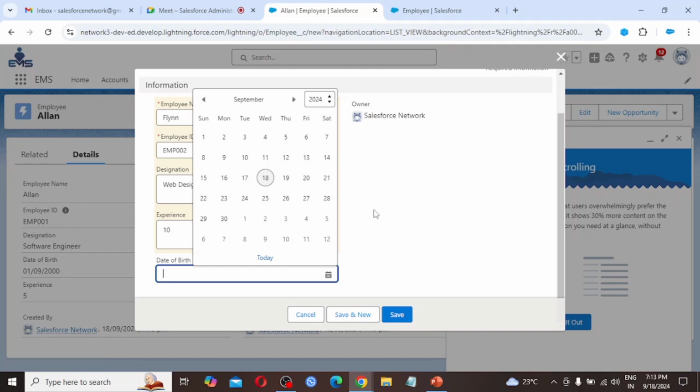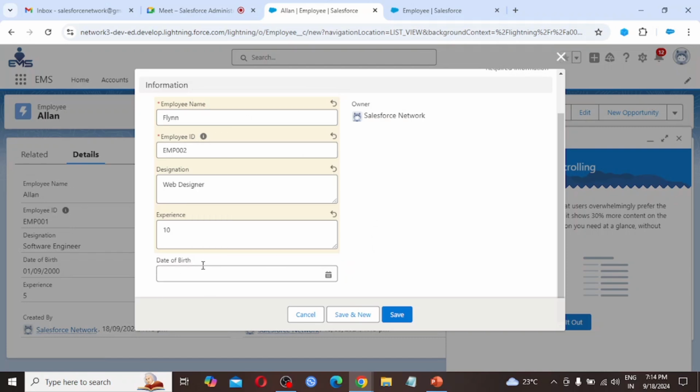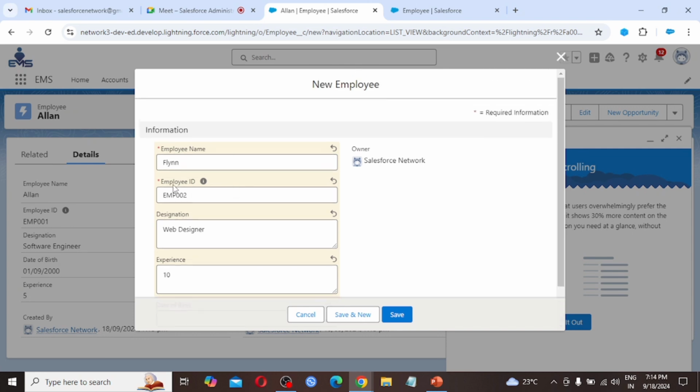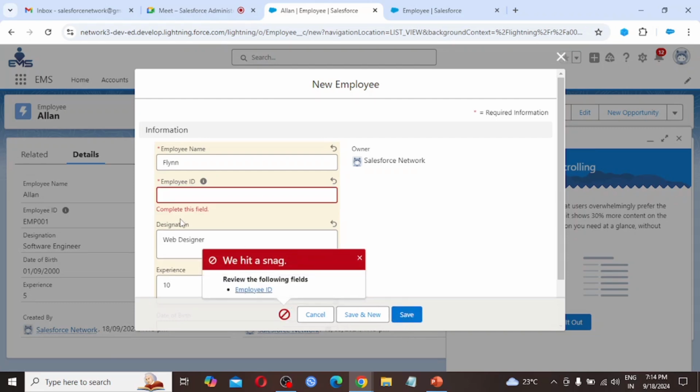Again I am not putting the date of birth for this employee, as this is not a mandatory field. But if I do not put the employee ID and try to save this record, we can't save it. If I click on the save button, it will throw an error like complete this field.